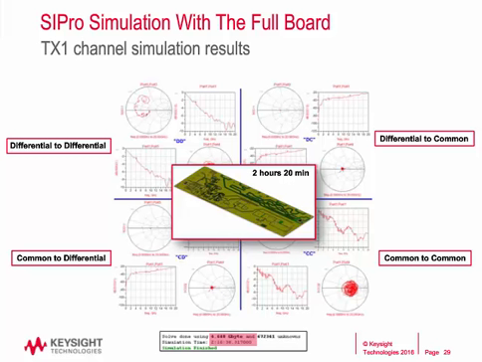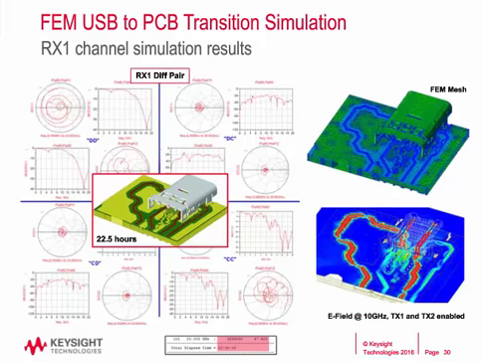The connector to PCB transition was simulated with the FEM engine, which is a part of the EMPro product. Although it is a small design, it is a time and memory intensive simulation with FEM. It took 23 hours on a single machine and used 47 gigabytes of memory. The result shown here is on